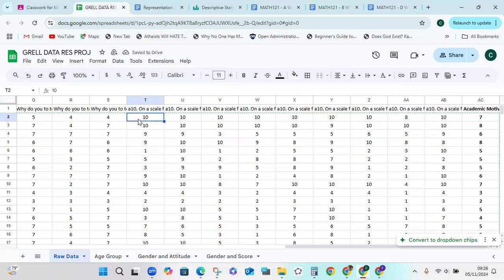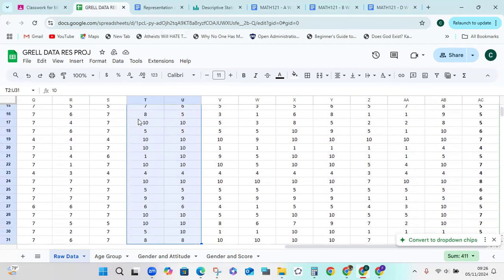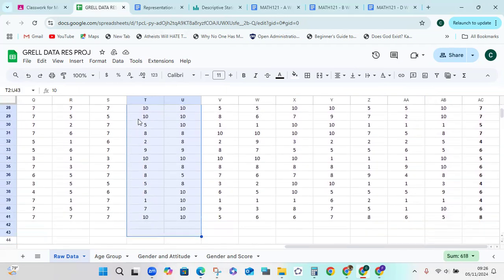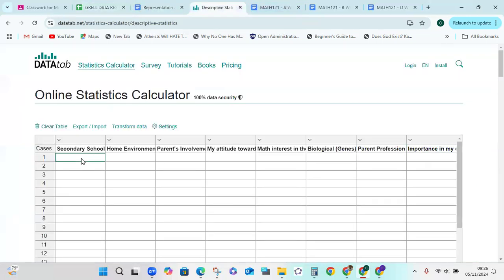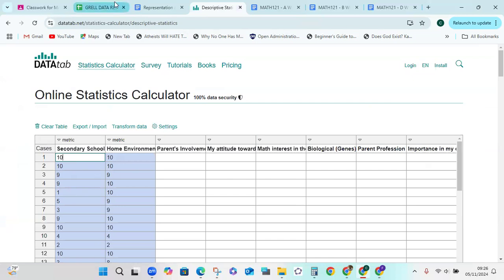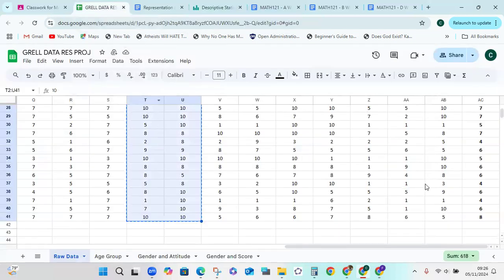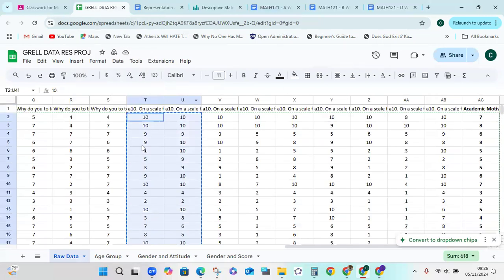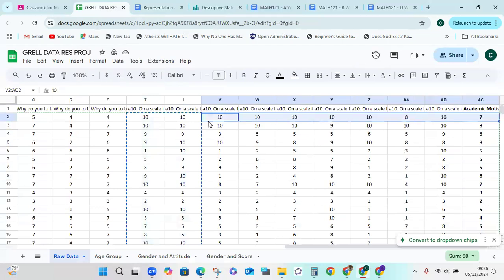So we can basically copy. Let's see if I can copy more than one column. Let's see how the program will receive it, or do I have to go column by column? So if I do more than one column, okay, it does more than one column. Okay, 10, 10, 9, 9, 10, 10, 9, 10. Let's just verify. 10, 10, 9, 10, 10, 9, 10. Okay. So it does multiple columns